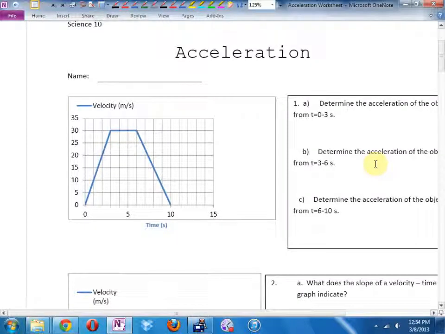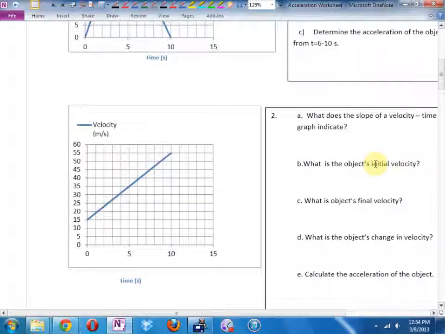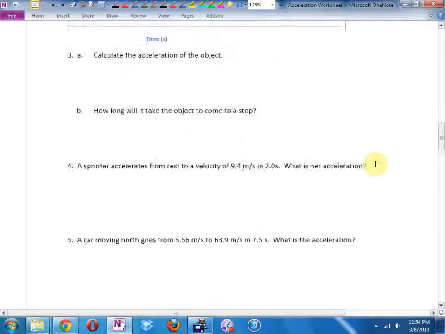How high you are is your velocity. The slope is the acceleration. If it's a position time graph, how high you are is your position. The slope is velocity. I didn't give you answers for the graphs, but then when you get to the questions here,